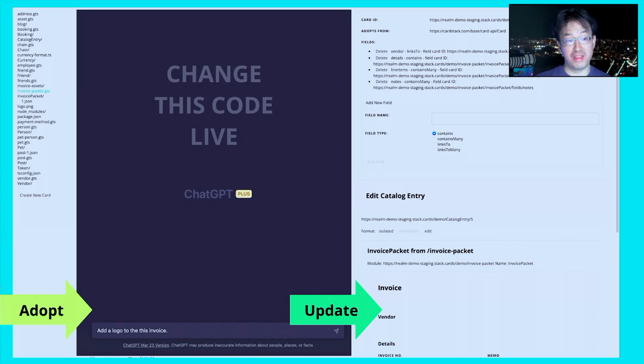When you're done, that code can be sent to someone right away, just like share and copy, because it's just a file, right? You look at the left side of the screen. These are just files. You can share it using a file sharing mechanism that we have built in, and we can use messaging such as the Matrix protocol, which is a chat protocol similar to Discord and WhatsApp, to share this code and the definition of these fields. So it's almost like making a Word document or a PDF and sending it, and less like deploying an app or getting an account with DocuSign just to be able to fill something out.